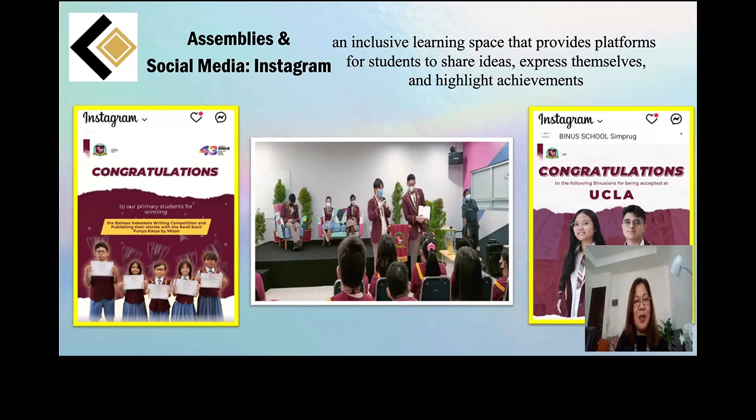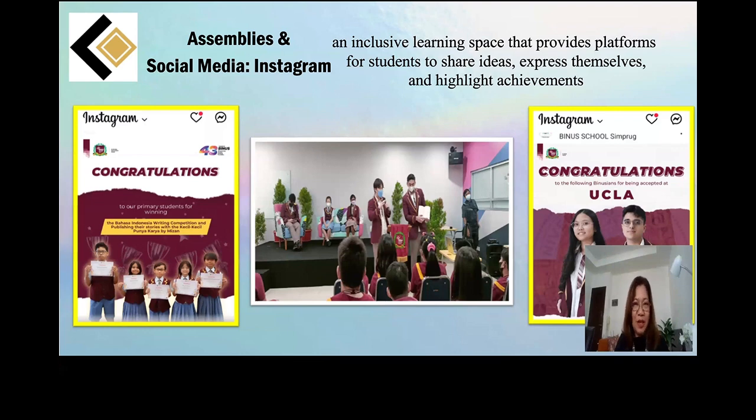And the last one that you can see here are the current students that we have in grade 12 who are newly accepted in the Ivy League schools that they were really aiming for. So these are small successes that the students are having and that the school recognizes